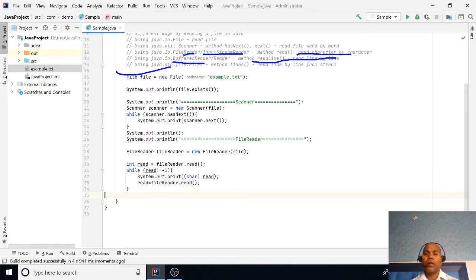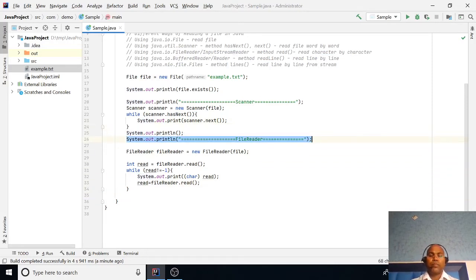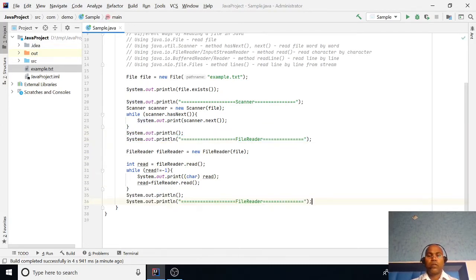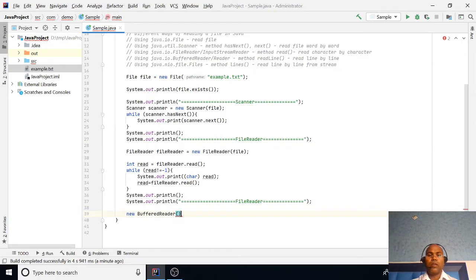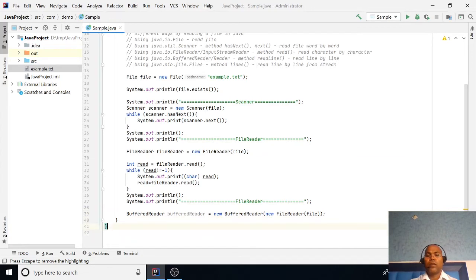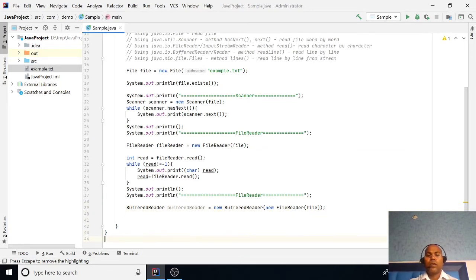So instead of reading character 1, character 2, character 3 and 4, we read a complete line at a time. For that I am using a new BufferedReader, and here we pass the file object again.